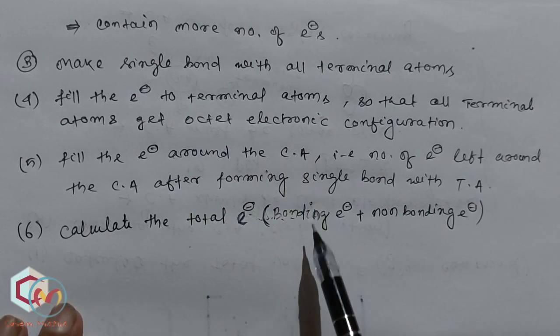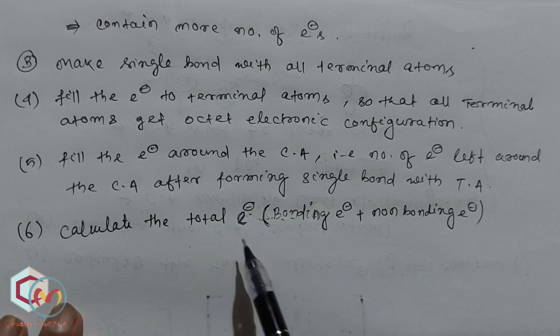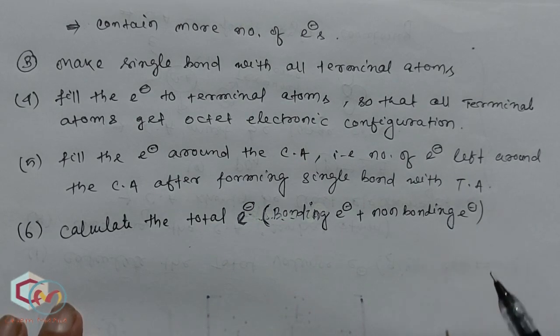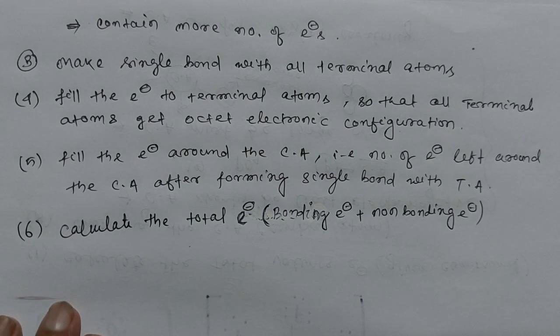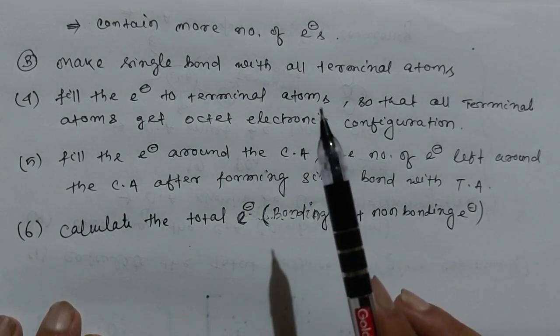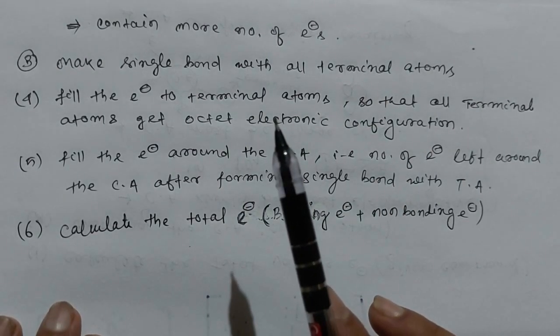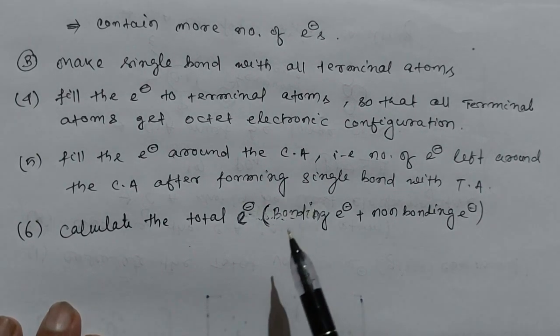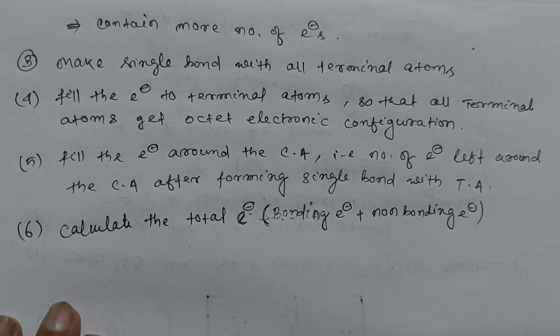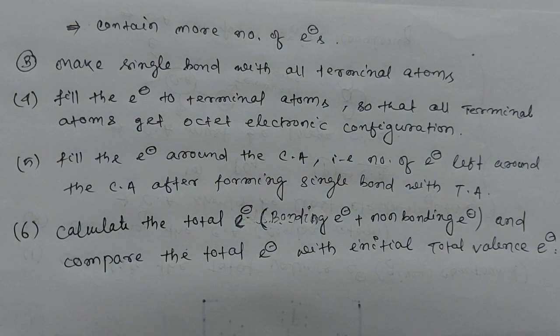the central atom. Okay, so what is the total electron? Total electron is the bonding electron plus non-bonding electron in that structure. Okay, and compare this total electron with the total valence electron we have calculated in first. Okay, in first rule, that is calculate the total valence electron. So we will compare this total electron with that total valence electron. Okay, so we will compare the total electron with the initial total valence electron, that is we have calculated in first